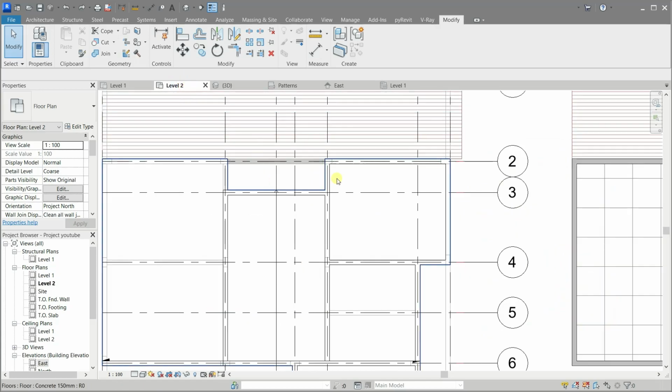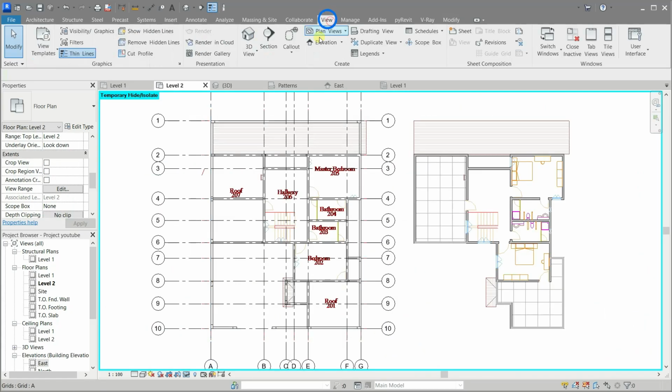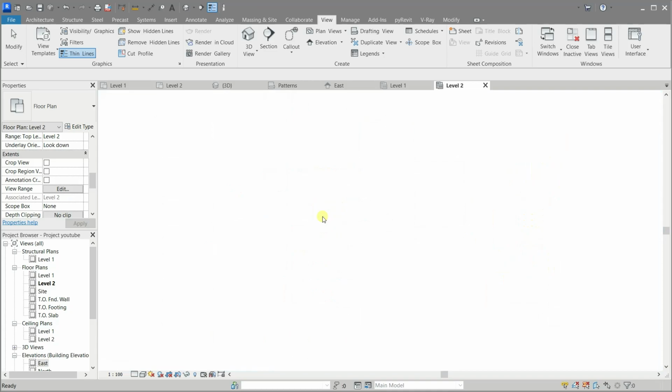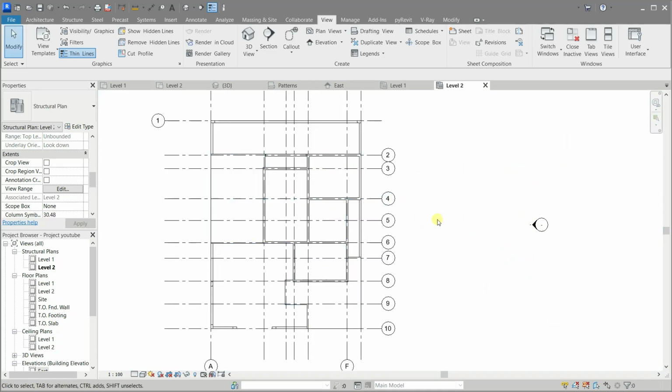Let's move to level 2. Okay, from the View tab, let's create a structural plan for level 2. Change its discipline to structural.